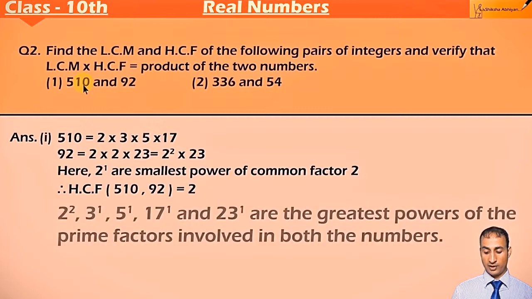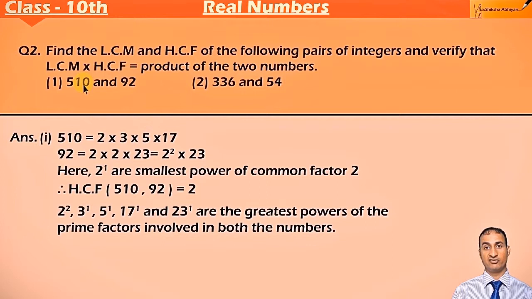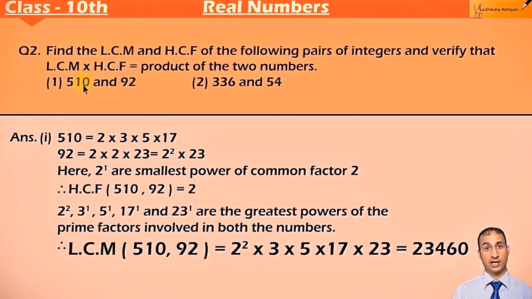Now 2 to the power 2, 3 to the power 1, 5 to the power 1, 17 to the power 1 and 23 to the power 1 are the greatest powers of the prime factors involved in both the numbers. In the prime factorization of these numbers, we have written the highest powers of 2, 3, 5, 17, 23. So LCM will be the highest power of the numbers involved. So LCM of 510 and 92 is 2 to the power 2 into 3 into 5 into 17 into 23. That will become